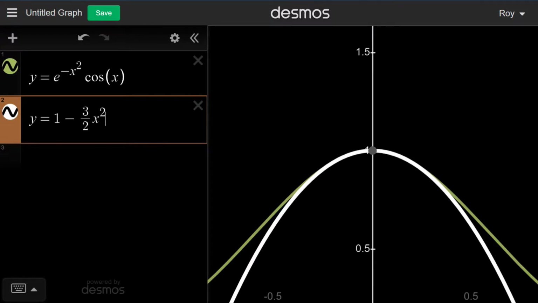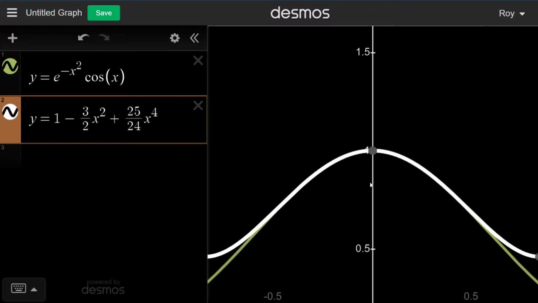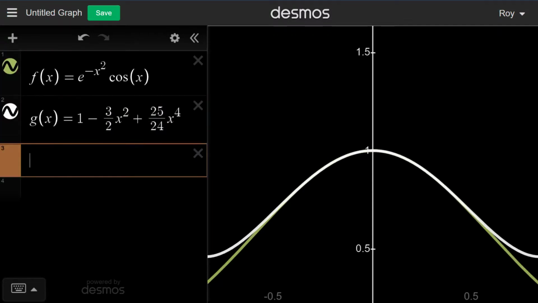But let's make it even better with our third term of the expansion. There we go. 3 terms to the expansion, and notice it locks in pretty nicely all the way out to maybe a negative half and a positive half. So again, I can use this polynomial to approximate e to the negative x squared cosine of x in a very narrow neighborhood about 0. In fact, let me go ahead and name these functions. So f of x will be the original function, g of x will be our polynomial approximation,